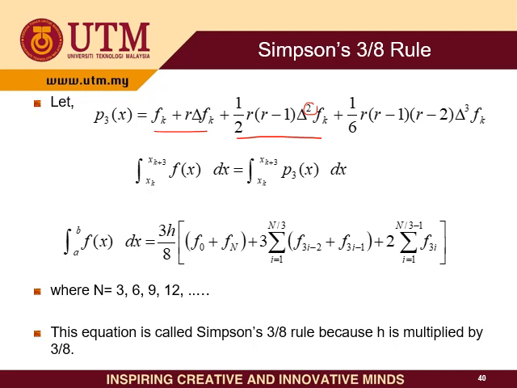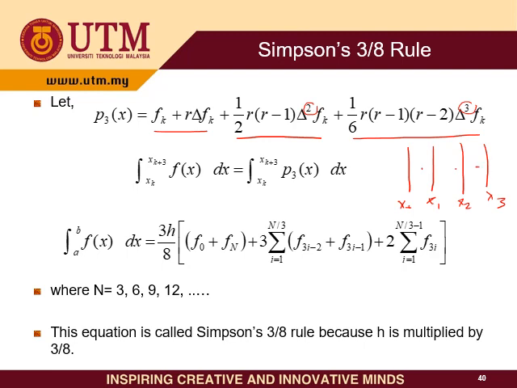And for 3/8, we add one more, which is point number 3, the degree number 3 here. Okay, so we have degree 3. So before this, our x is x0, x1, and x2, right? Now the x we need to have is x0, x1, x2, x3. Okay, so we have 3